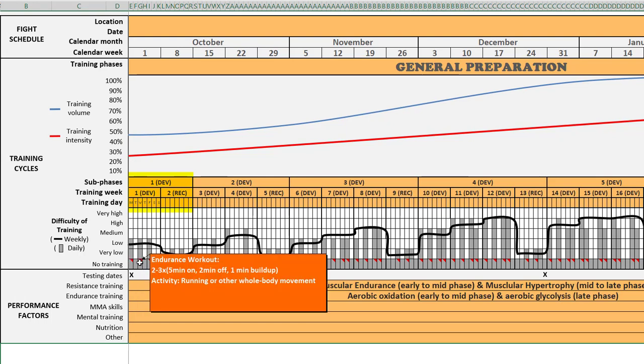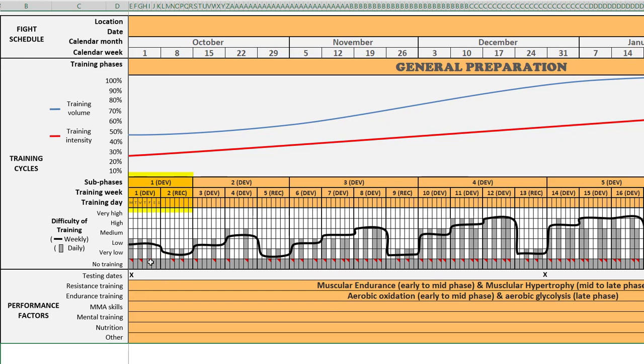Now, the next one is your endurance session. So this is scheduled here, in this case for Wednesday. It features 2 to 3 times 5 minutes on, 2 minutes off with 1 minute buildup. Now, just as a reminder, you'll complete the 5-minute work intervals doing whole body movements like running, then take 2 minutes off of complete rest. Then you start to jog lightly and you slowly build up your pace over the last minute until you are running at your interval pace when the minute ends. And this makes sure ultimately that you're not starting from a dead stop. It can reduce injury risk.